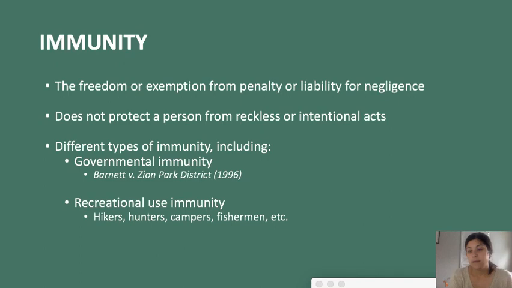And basically, the court said that even though this young man died due to the inability for the lifeguards on staff to respond and save this young man, that because they were providing proper supervision and that they had the appropriate number of lifeguards on staff, they were able to utilize their governmental immunity and avoid paying any penalty to the family of